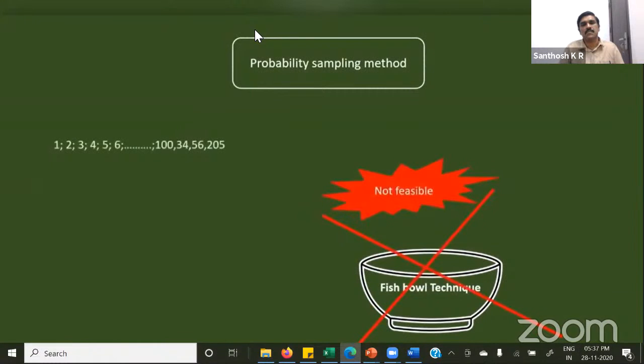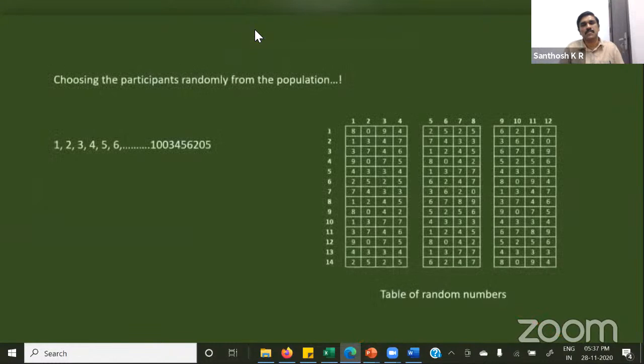In such situations, we will use the table of random numbers. The table of random numbers is a table with a lot of numbers. I can choose the participants based on the numbers one after the other, following a pre-developed pattern. Here, based on a pattern, I am choosing ID number 80 first, then 94, then 252. I can continue like this until I receive an adequate sample.